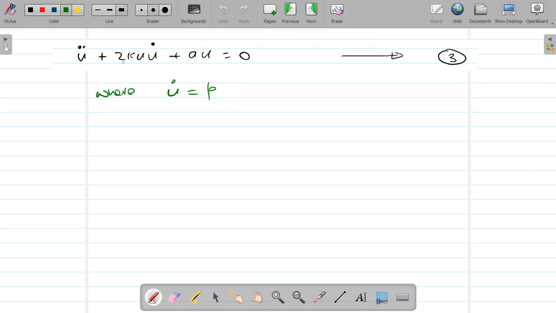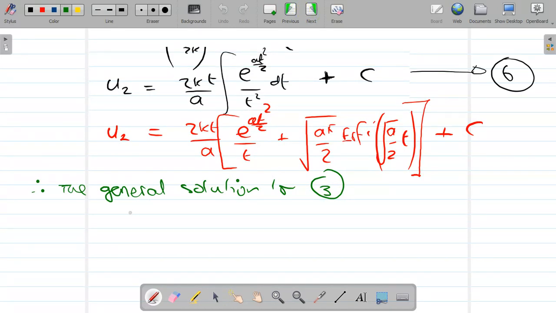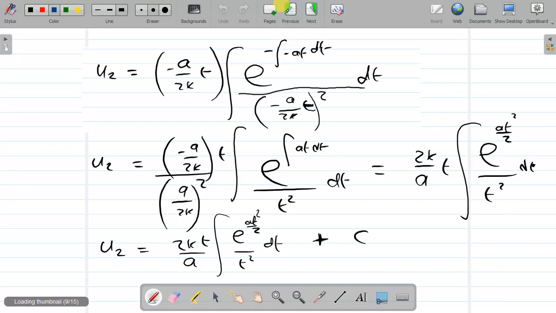So this equation here in this page that got inserted that we didn't use in the end. So the general solution to equation 3 is U equals, well, shall we do this in blue, and then it breaks it up a bit. So U equals U1 plus U2, and that's equal to, well, we know what U1 is equal to,